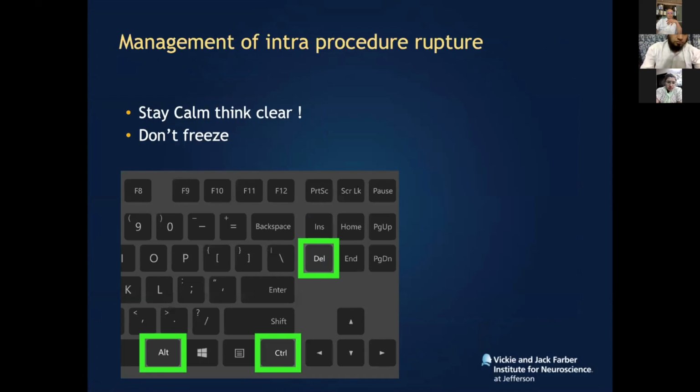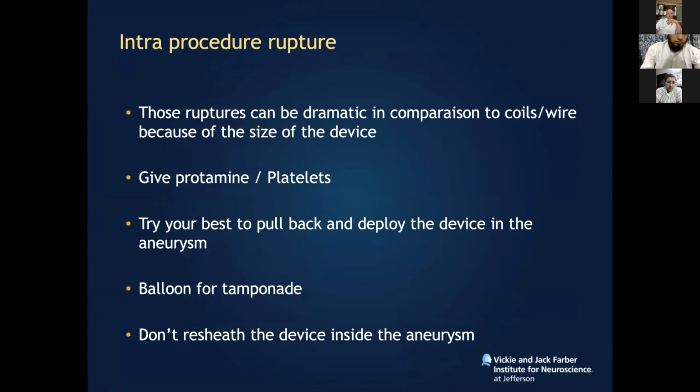Managing an intra-op procedure rupture, it's very important to stay calm and think. Those ruptures can be dramatic in comparison to what we're used to. So this is a totally different device. We're used to having a rupture with a coil, with a wire, with a microcatheter. In those cases, if the web is jumping in the aneurysm and then opening up in the hole you created at the dome, this can cause a really big rupture and big flow, and this can be a problem. So it's very important to start with the basics,